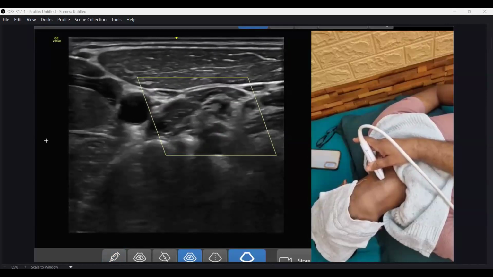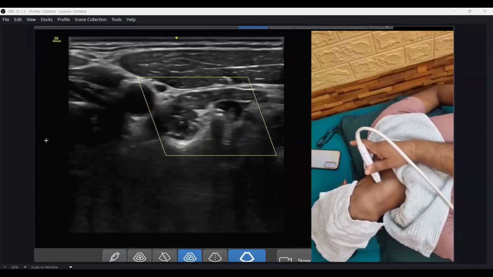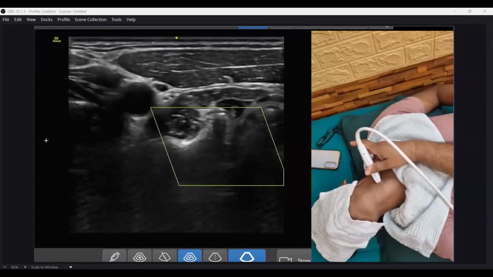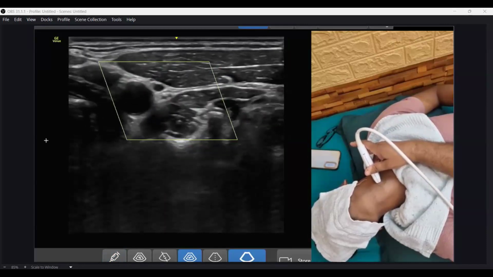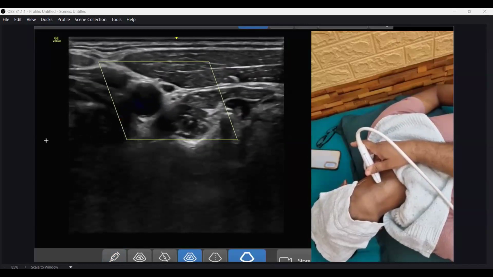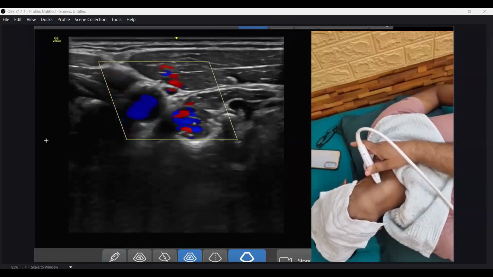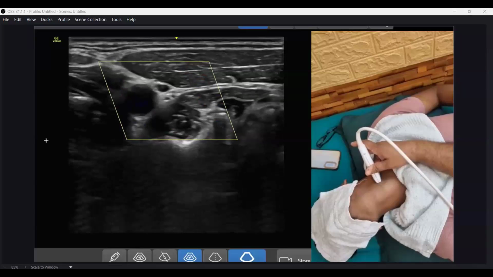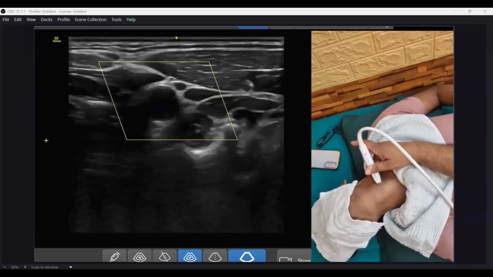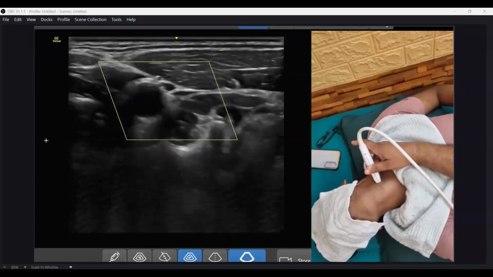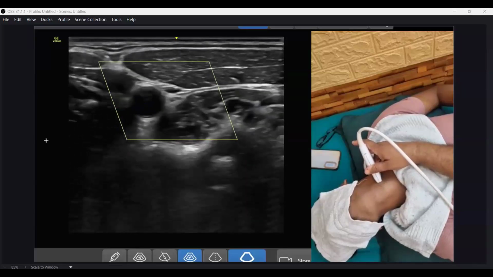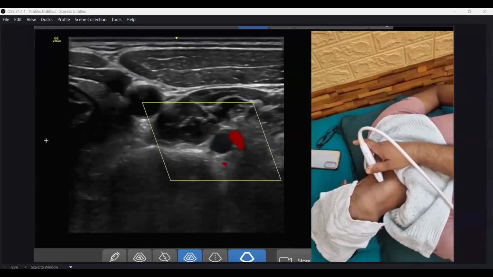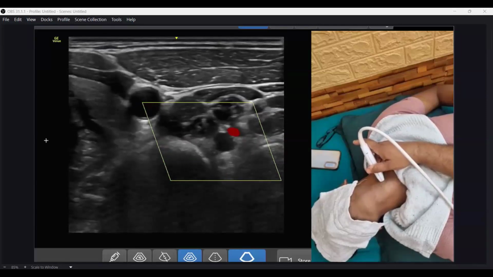So when we are going above, at the level of the C6, the vertebral artery is within the foramen transversarium. So here we do not have any major important structure except for this artery. Let us reduce the gain. Here is the artery, and just by the side we have the vein. When we are compressing it, only the longus colli is visible. So basically here we can go easily at the level of the C6, but as we come down, here comes the vertebral artery. So we should not puncture